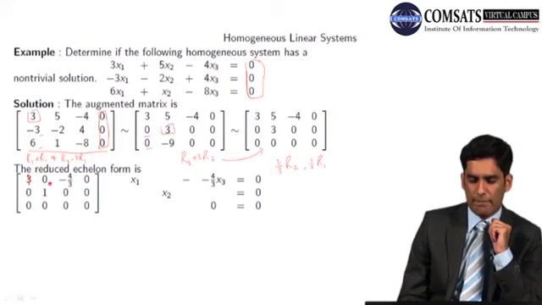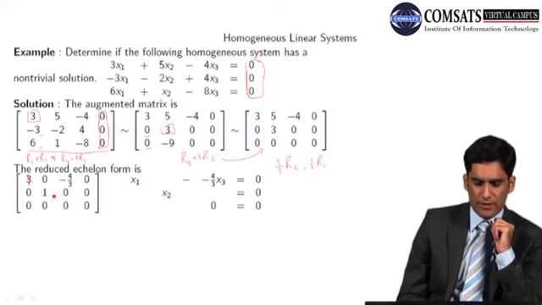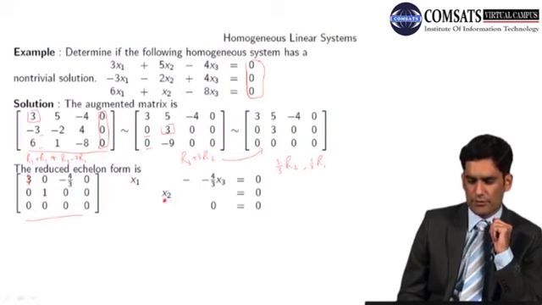Here we have 1. And if I convert this reduced echelon form to my symbols x1, x2, I have this equation. The third row gives me 0 equals 0, the second gives me x2 equals 0,